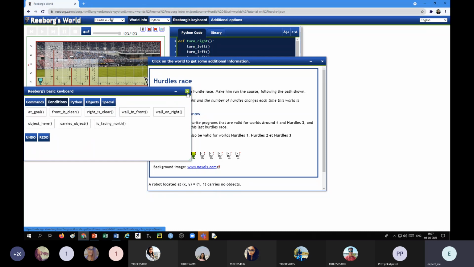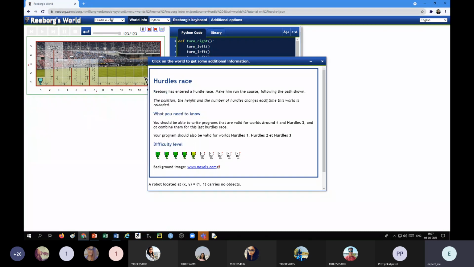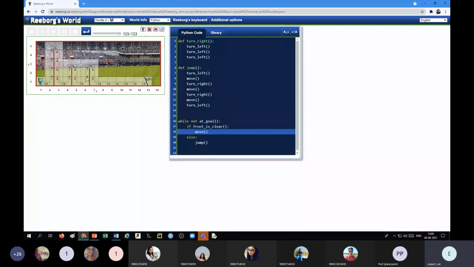Okay, so these are the several predefined functions which we can use. So I think now you must be able to do these things. Okay, so try to write down this program, the fourth one, hurdle 4, where your height can be anything, or there are a number of walls which can also be randomly at any place. Okay, so try to solve this problem. Pause the video and do it.